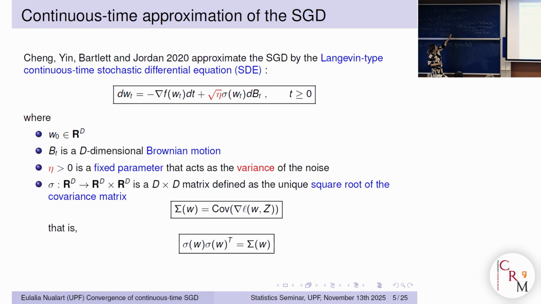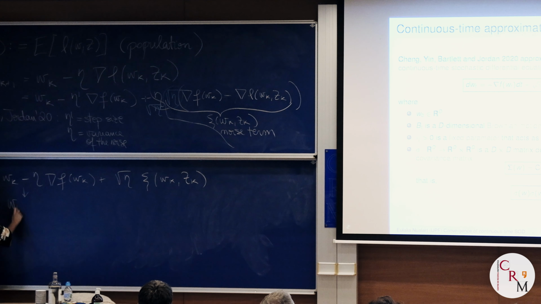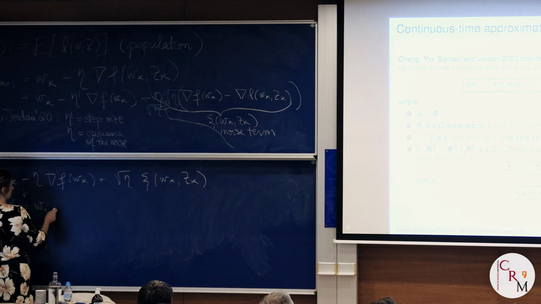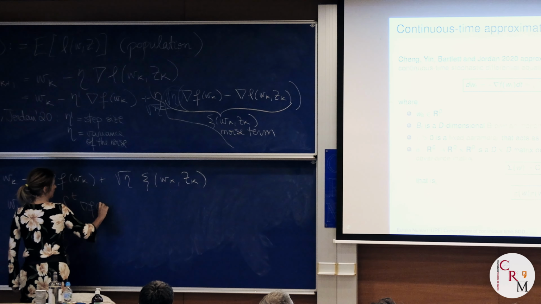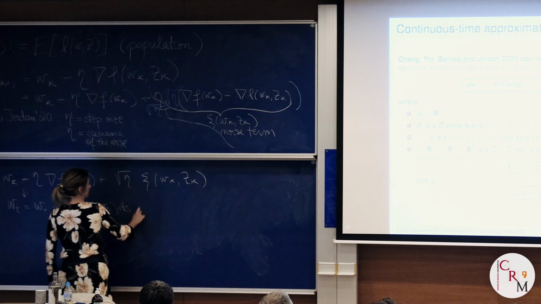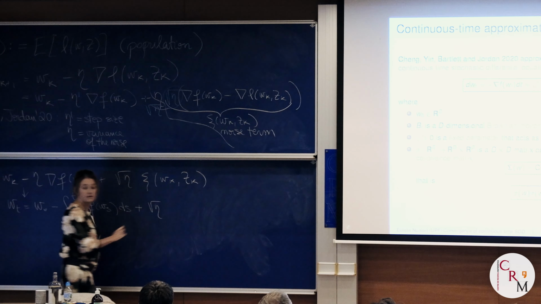Okay, so here the square root of eta remains fixed, and you let eta prime go to 0. Okay, so this converges to this process W_t. So this process here. Okay, well, here I write it in integral form, plus the square root of eta